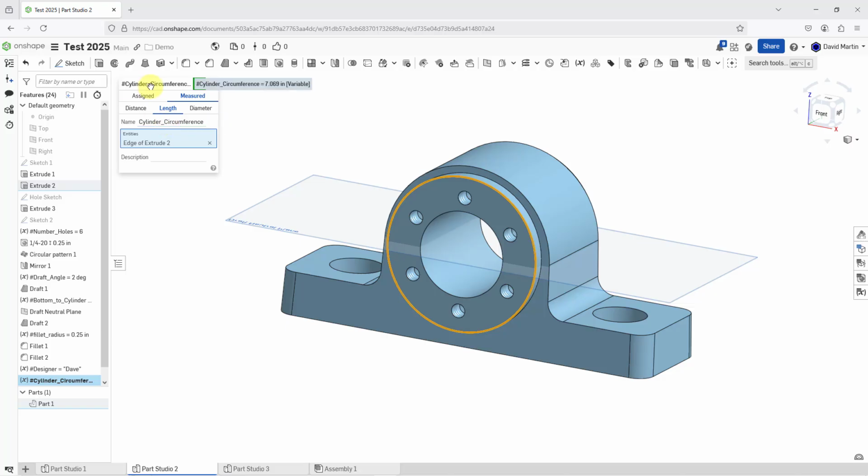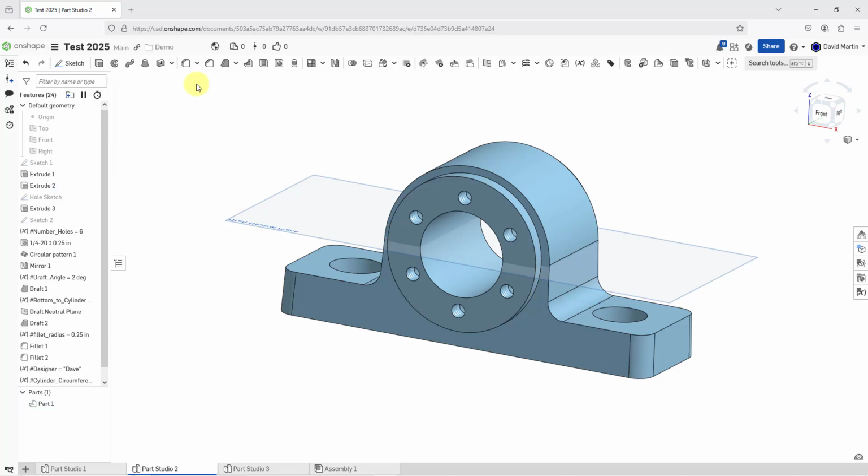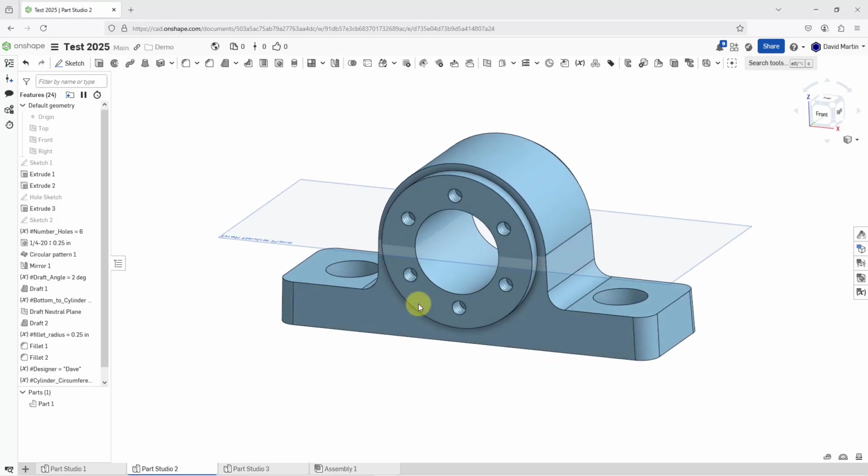And so this is going to have a value, and this would actually be equal to what, pi times the diameter of the cylinder there. So that's how you can use this one. And I don't really have a use for this one in this particular model, but let's take a look at